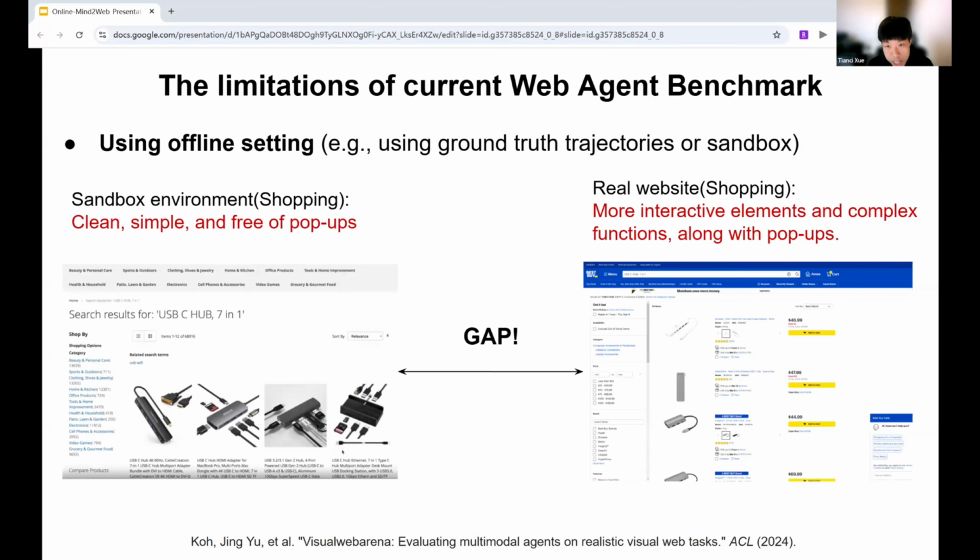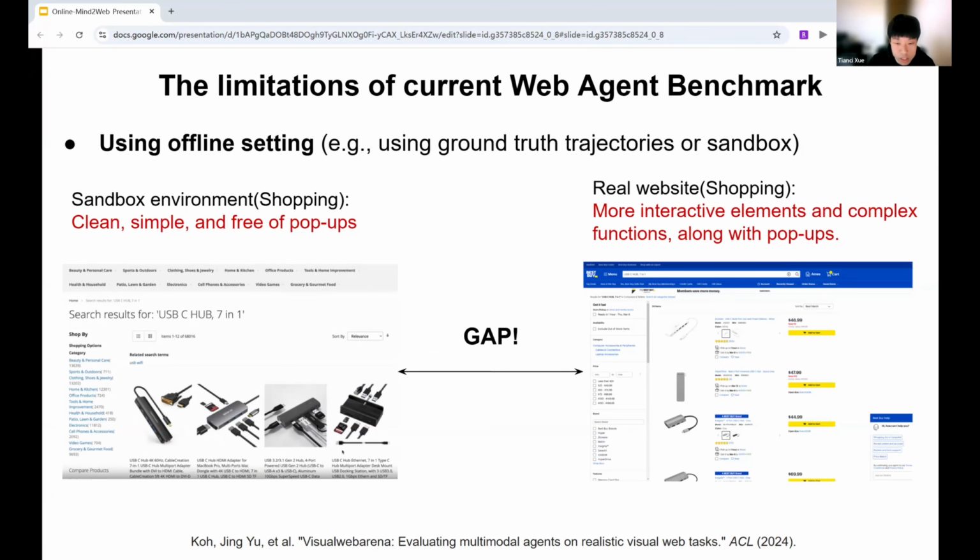Therefore, there is a huge gap between current benchmarks and real-world scenarios, which means current web agents may not be as strong as the papers report. We may have overestimated their capability. So we need a new benchmark that reduces the gap to real-world websites.